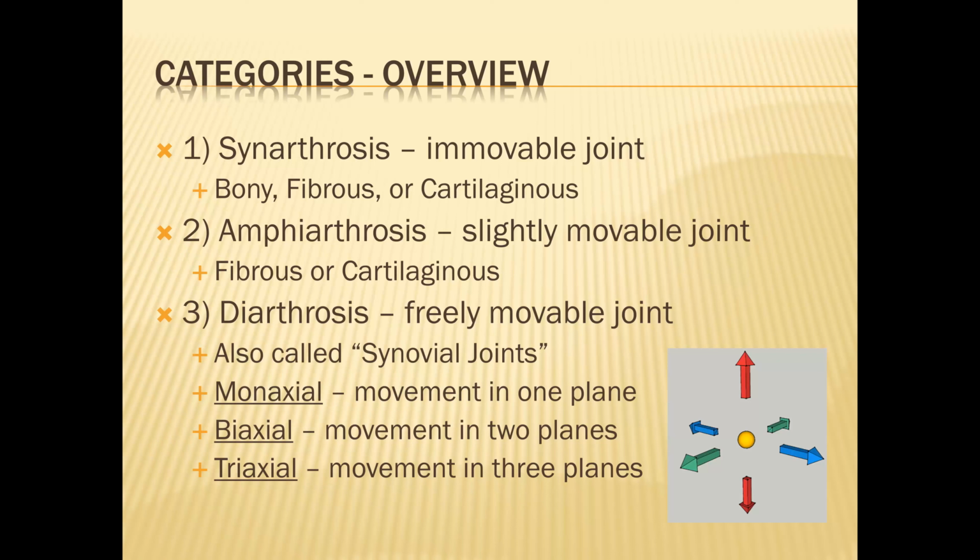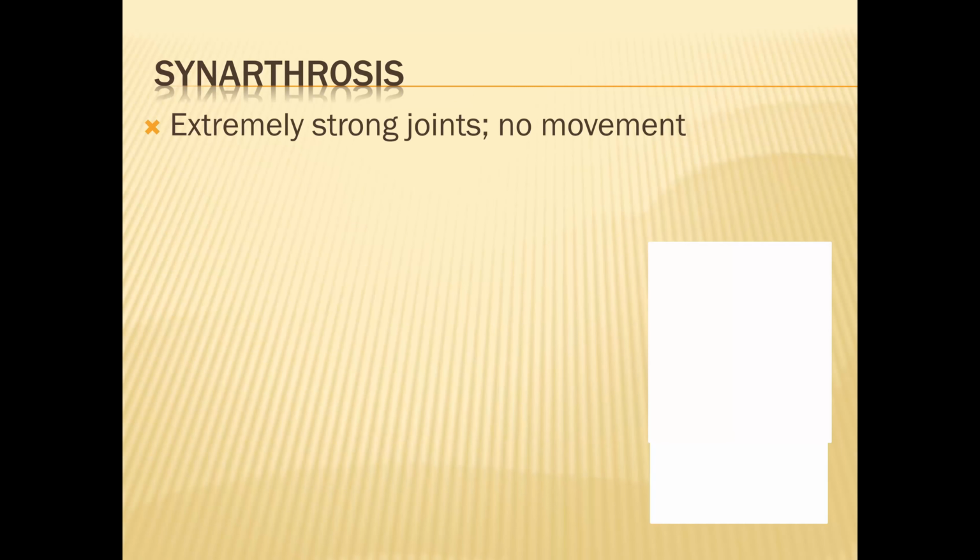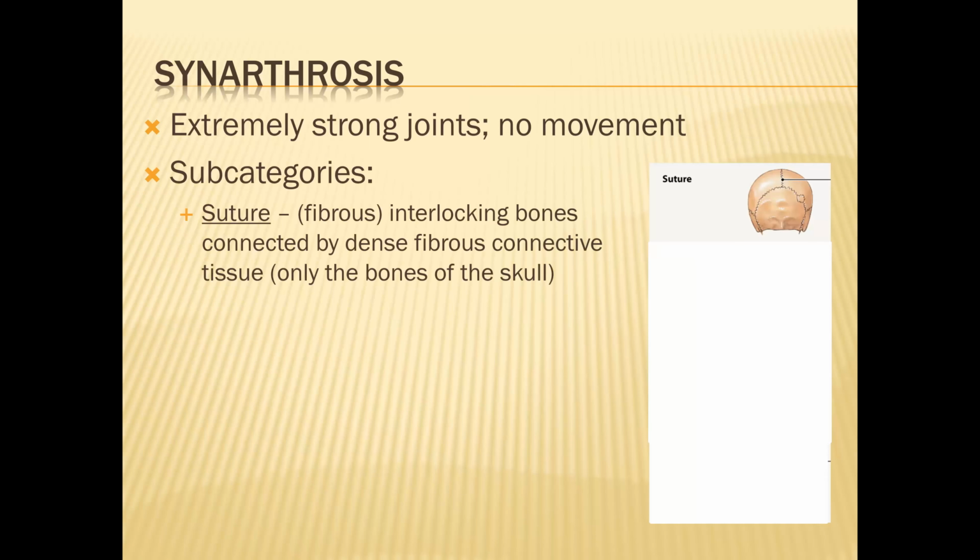Now let's look at these in a little bit more detail, starting with the synarthrosis. The synarthroses are extremely strong joints, but they don't allow any movement. Remember earlier we said that there's a trade-off between strength and mobility. The stronger the joint, the less the movement that you have, and vice versa. The more movement you have, the relatively weaker the joint. There are 4 subcategories. The first one is a suture, and we already talked about these in chapter 7 when we